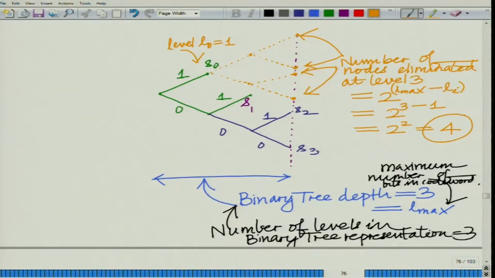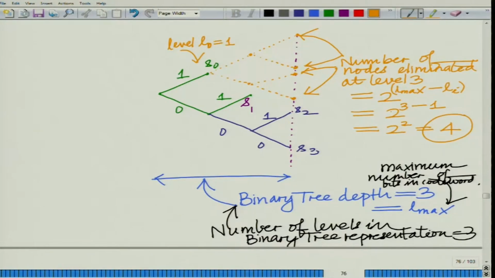that code word S0, which means that further down at the depth of the binary tree, that is L max, this leads to a removal from the binary tree of 2 to the power of L max minus Li. In this case 2 to the power of L max minus L naught. For the ith code word, it will lead to the removal of 2 to the power of L max minus Li in general. For instance, if you look at S1,